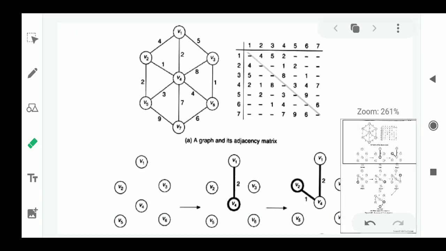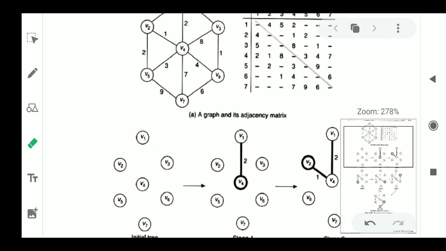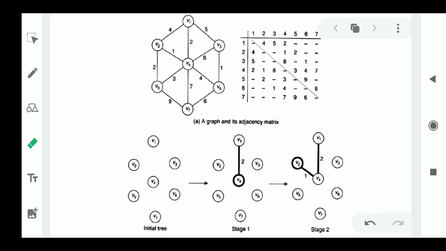Our first step is: for the given graph, I will point out all the vertices first of all. So what are the 7 vertices we have in the graph? That's why I have pointed out 7 nodes, 7 vertices like this. That is our first step. After completing that, we go to the second step. In the second step, we will start from any of the vertices given in the graph. Since alphabetical order is convenient for us, we are starting from V1.